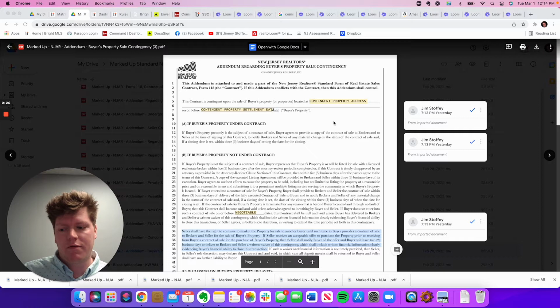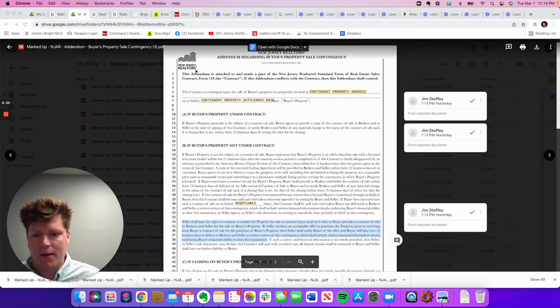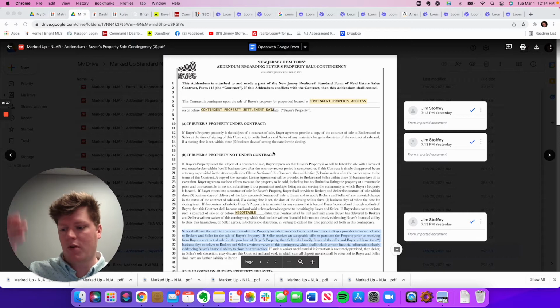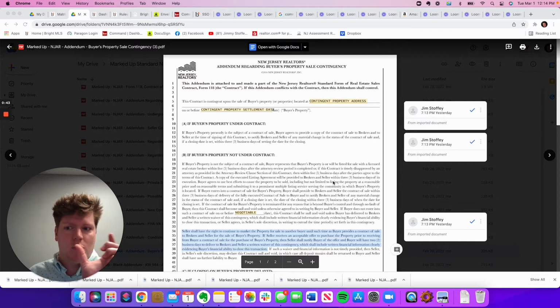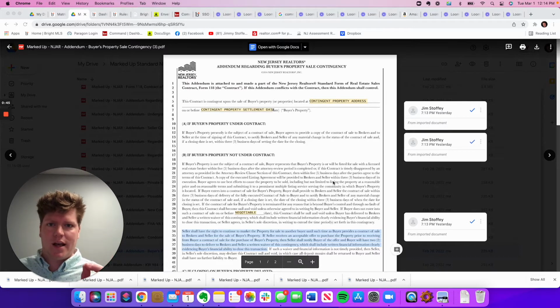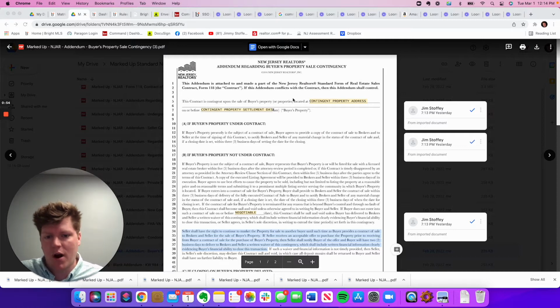And it's easy to fill out, but I want to make sure you understand what this verbiage means here. If you read it, you should understand it is in layman's terms, but essentially we're saying that this contract, the contract that we've already signed, right? And then we got to section 42, where it had all the check boxes for different addenda that might apply. There was one that said property sale contingency, so we checked that off because we have that on this deal. And now we're attaching this to the contract. So this addendum is attached to that contract, and it's contingent on the sale of the buyer's property located at 123 Main Street, Mount Laurel,